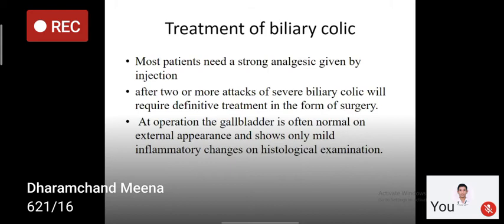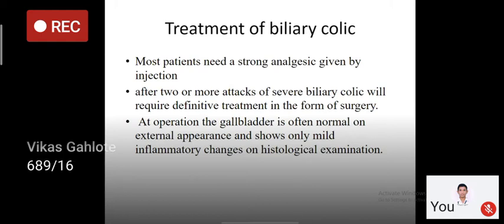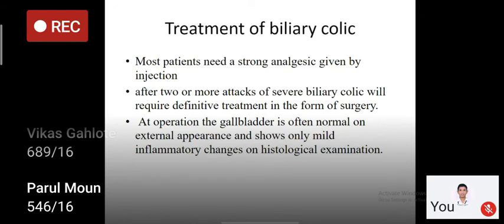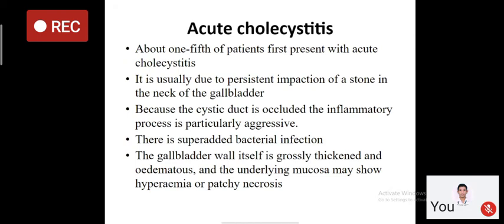So sometimes while doing cholecystectomy, laparoscopic cholecystectomy, you will see an absolutely normal gallbladder. Many times people ask, the gallbladder is normal, then why are you doing surgery? So in patients who are having recurrent attacks of biliary colic, on gross appearance their gallbladder can be normal, but recurrent attack of biliary colic is an indication of cholecystectomy.